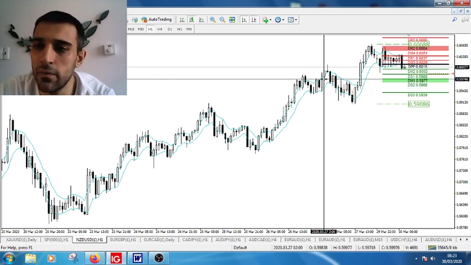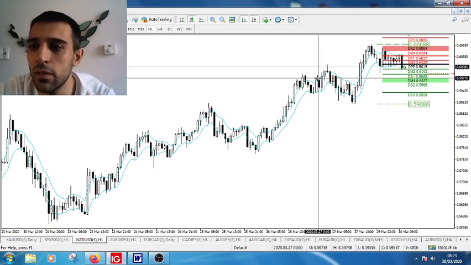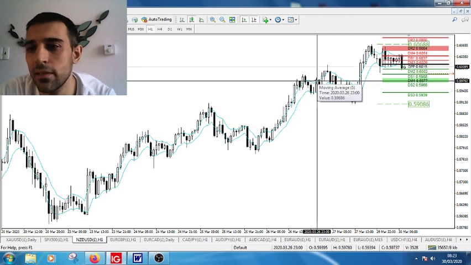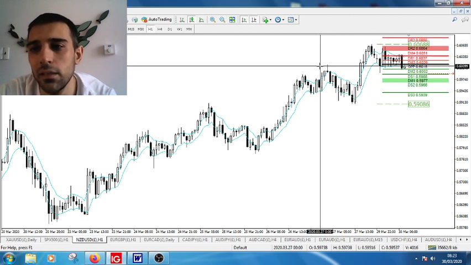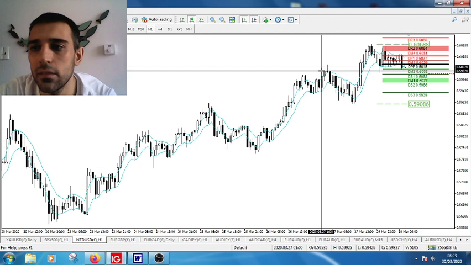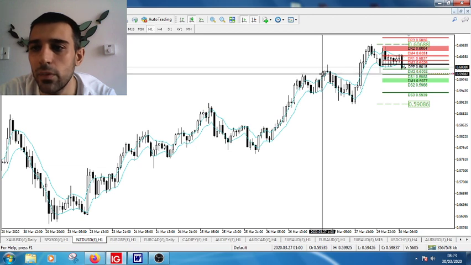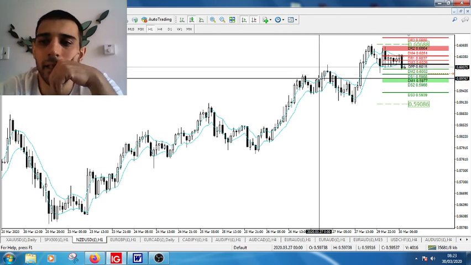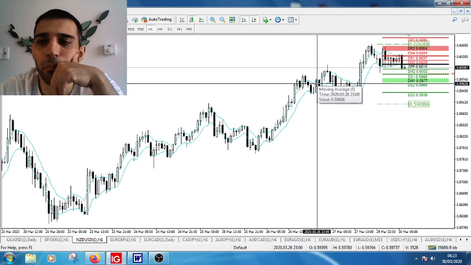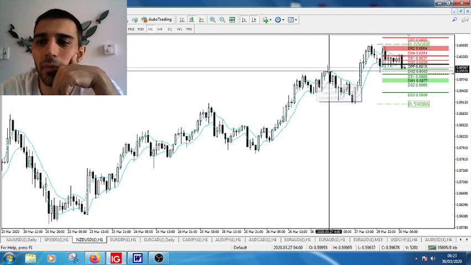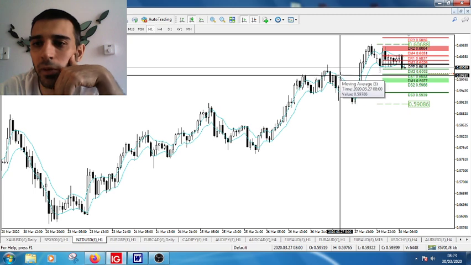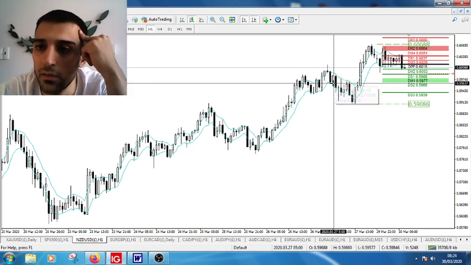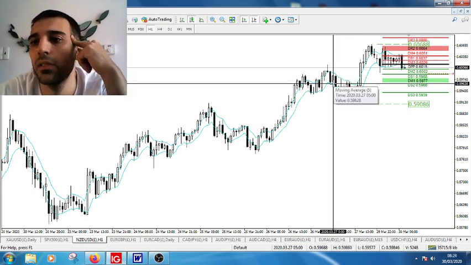So let's say I have the 20 pip stop, that will be around 59... where was it? 59.70. So 59.90 we said we're gonna get on, so with 59.70, if the price comes down here, it's probably gonna continue further down to this daily S2, which is at